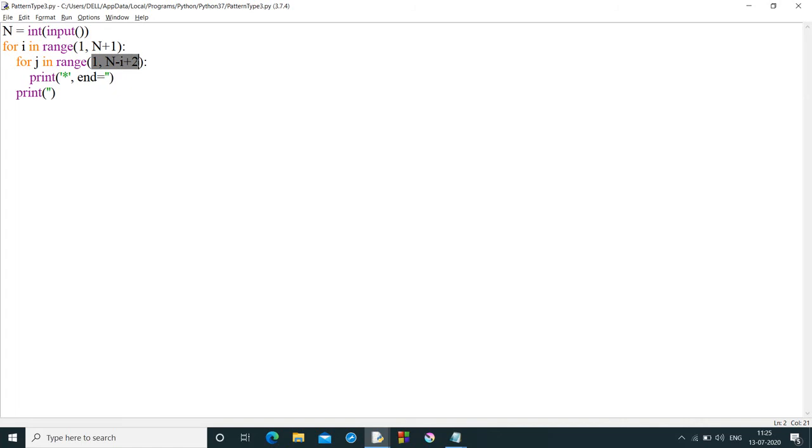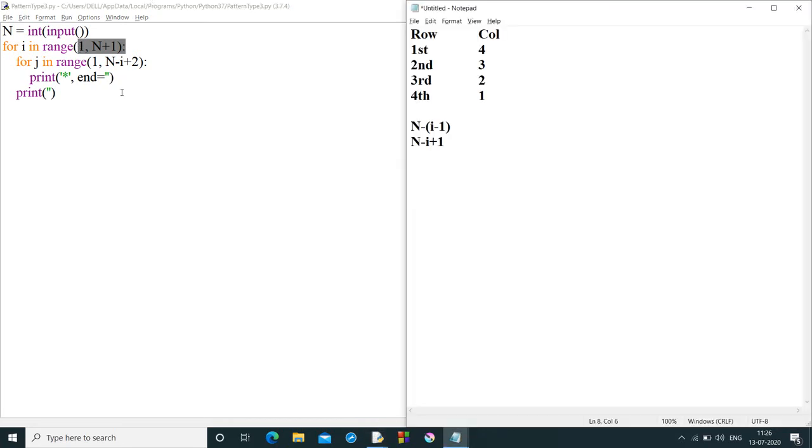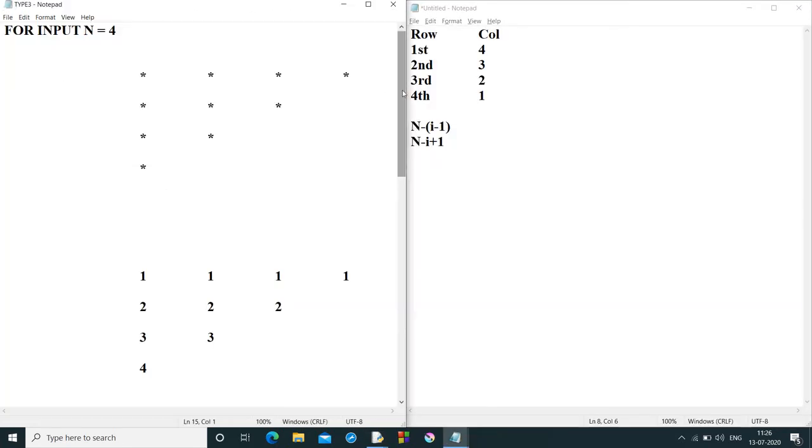Here, rotate the loop from 1 to n minus i plus 2. What I want to say is, instead of changing this one, we can also change the condition in the ith loop. So don't get confused, I will show it to you clearly.